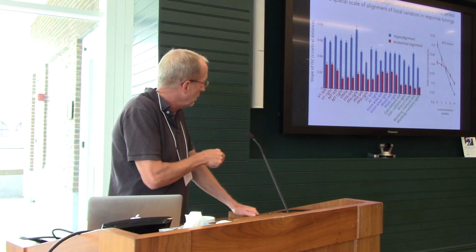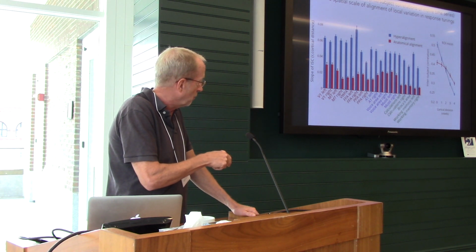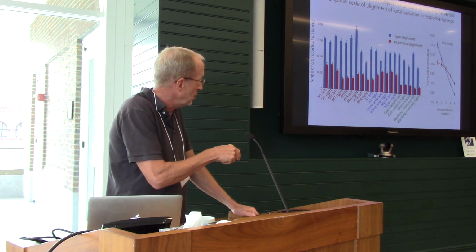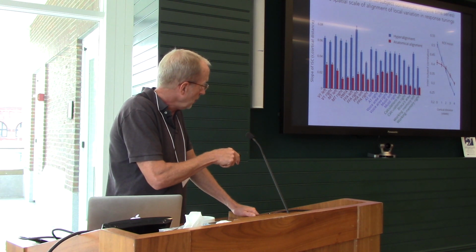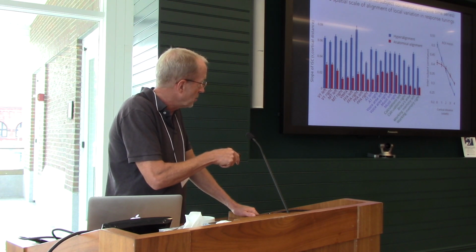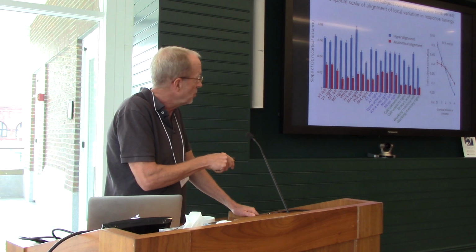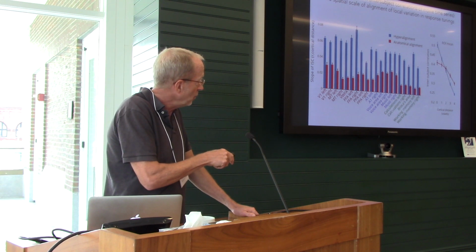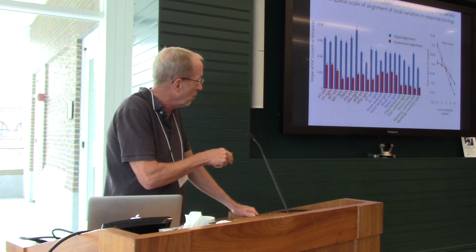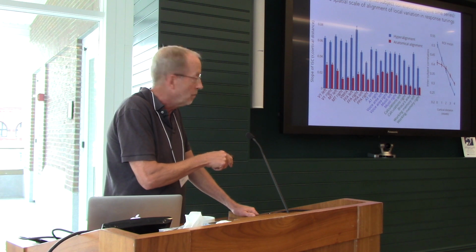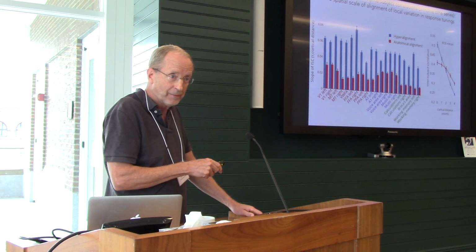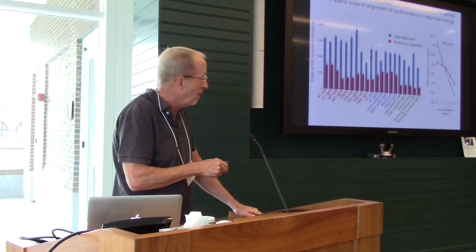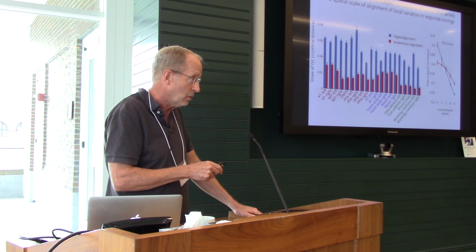So this is the slope of that point spread function for these different areas, but this is the average. The point spread function for the anatomically aligned data is in red. And you can see the correlation of a locus with itself is about the same as the correlation of a locus with neighbors, or even 2 steps away. There's a little bit of a drop-off, but they're quite similar. After hyperalignment, the correlation of a locus with itself is much higher. That's what we showed before. And it's very different from the correlation of that locus with neighbors. So we are picking up fine-scale structure at the level of a single voxel. So that's what we're discovering here.